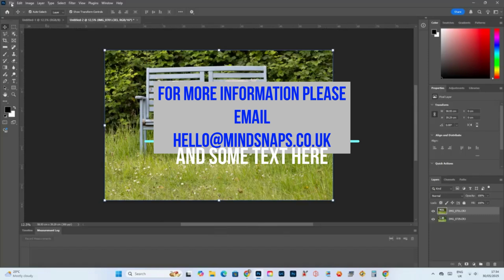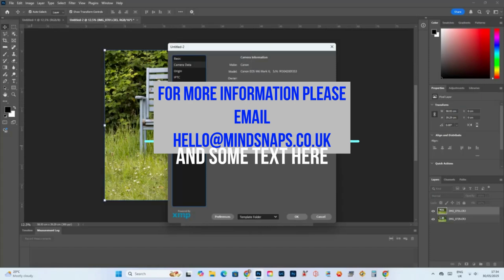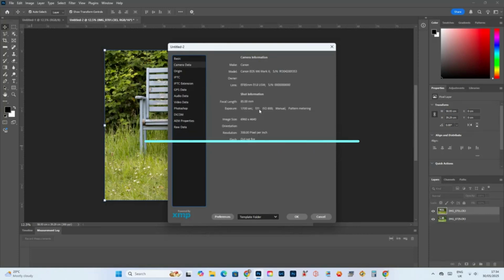So if you're wondering about the settings I used when I took this photo, I used an 85mm lens. I did that because it's a nice prime lens, it's very sharp, so it's got a lot of detail in it. Now I used 1/100th of a second because I didn't want any blur, especially with dogs moving around, so I needed a fairly fast shutter speed. Also chose f11 because I wanted